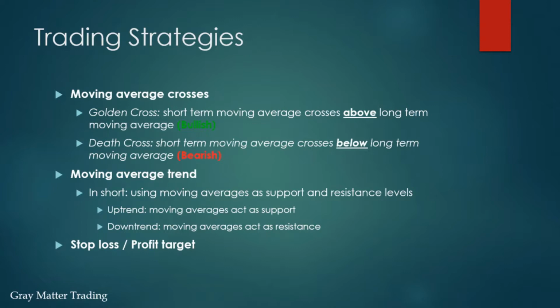The next way that you can apply this is to use the EMA to identify trends. Basically, when the price level crosses below the moving average, the stock is in a downtrend and you treat the moving average as a resistance level. When the price level crosses above the moving average, the stock is in an uptrend and you treat the moving